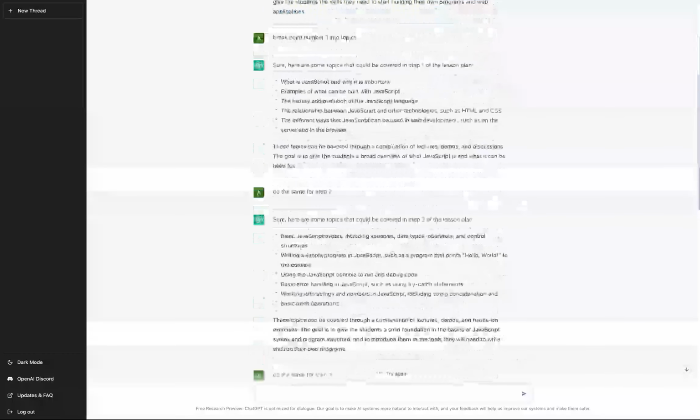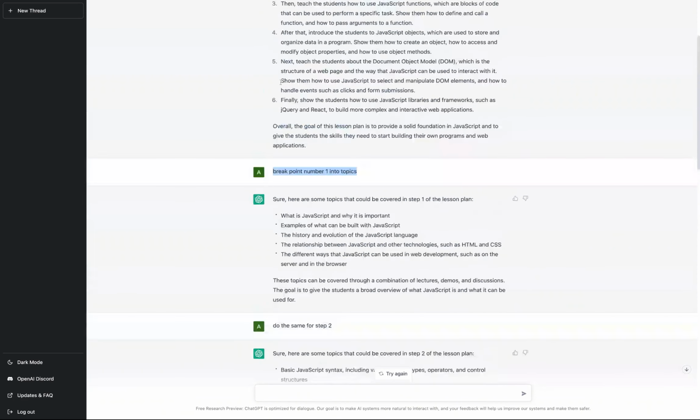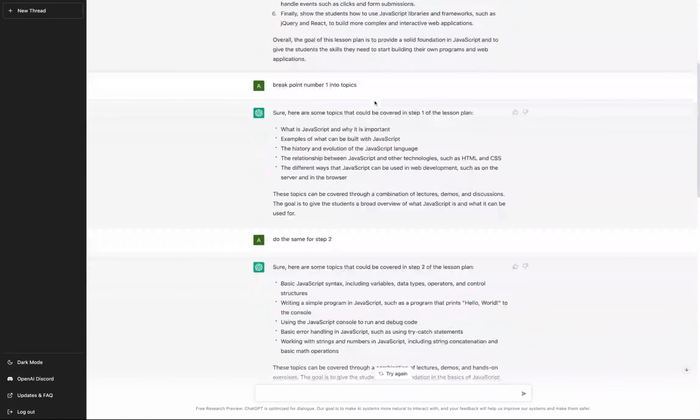And then I asked it to break point number one into topics. And it did. So, for example, for number one, where it suggests I explain what JavaScript is and how it can be used to make mobile apps, games, and websites, this is a breakdown. So, what is JavaScript and why is it important? Examples of what can be built with JavaScript,